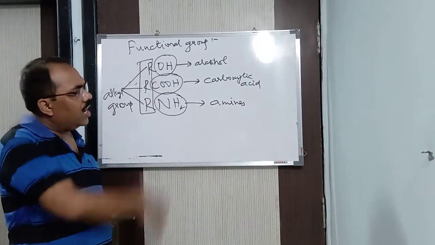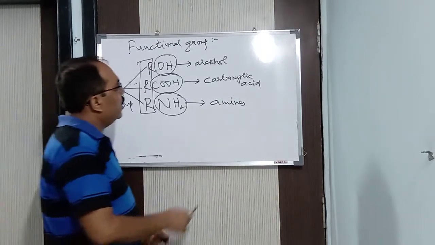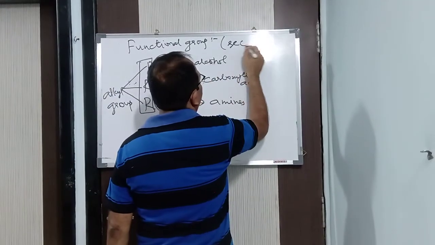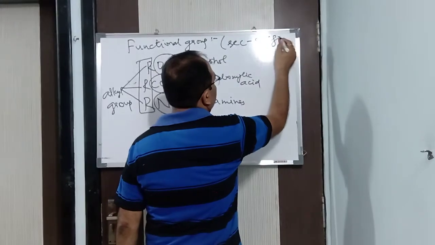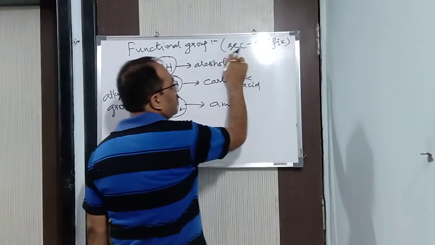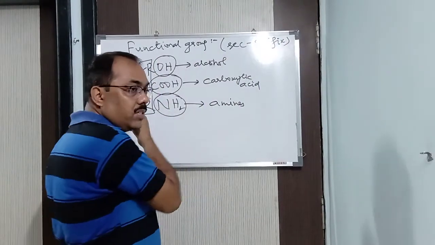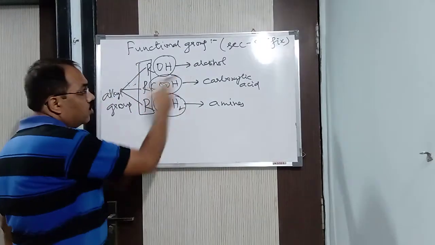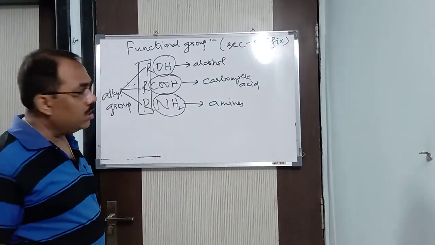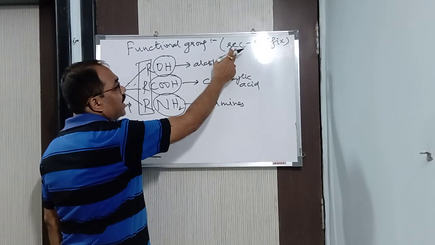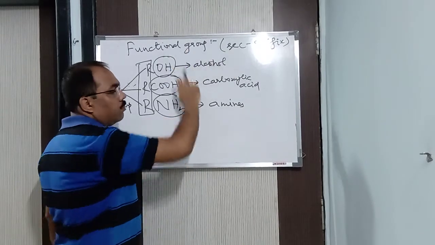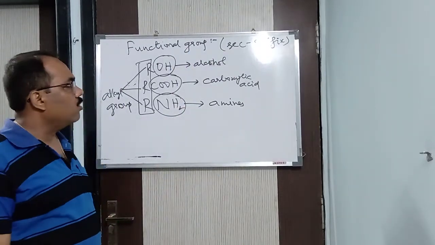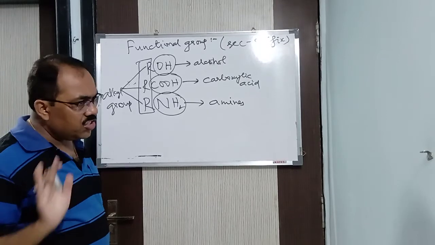Now, we are having a chart for the functional groups. You will be studying it now. I will teach you today. Functional group is otherwise also known as secondary suffix. SEC means secondary. When I teach you the general formula of the IUPAC name, at that time I will be using this word, secondary suffix, which means what? Functional group. The other name for functional group is secondary suffix. So you are having a chart in your book.